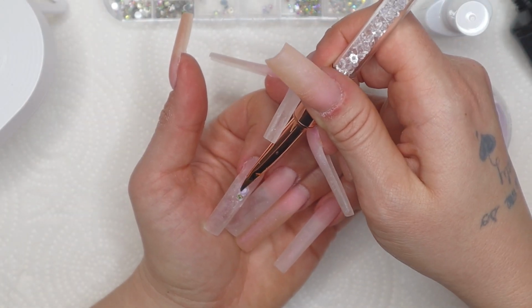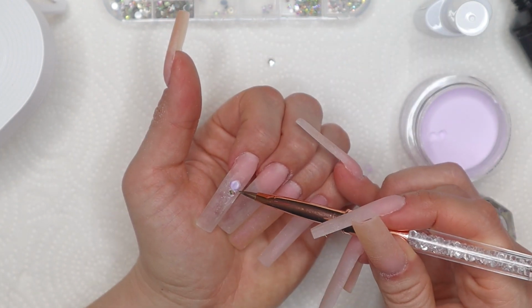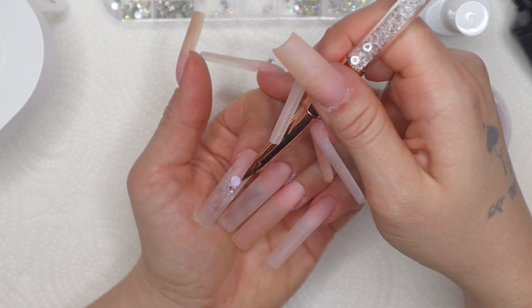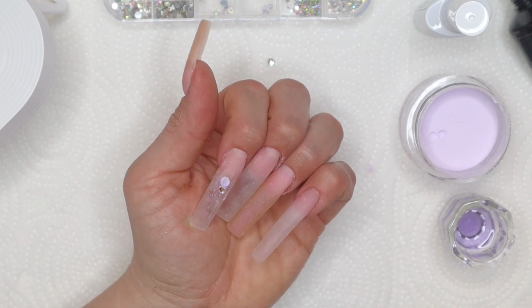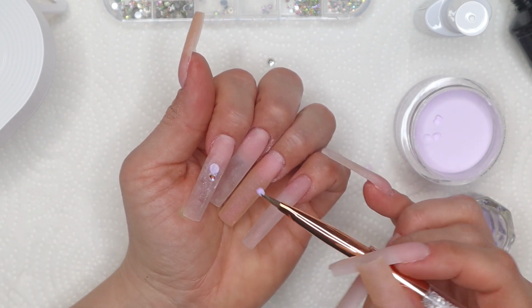Okay, so now I'm going to start doing the 3D flowers. As you can see, I applied a little rhinestone to my nail first. That's going to be the center of the flower. And I'm using this pastel purple shade from Sugar and Cream. It's called Peonies. It kind of marbles,